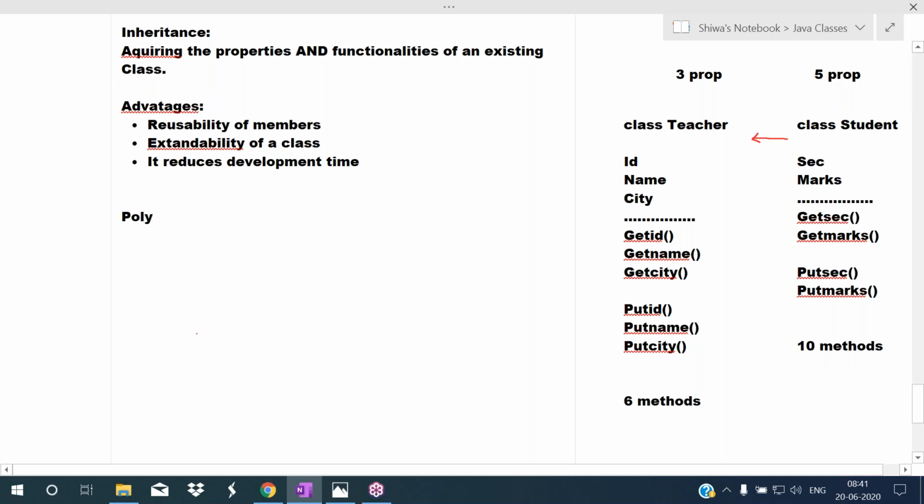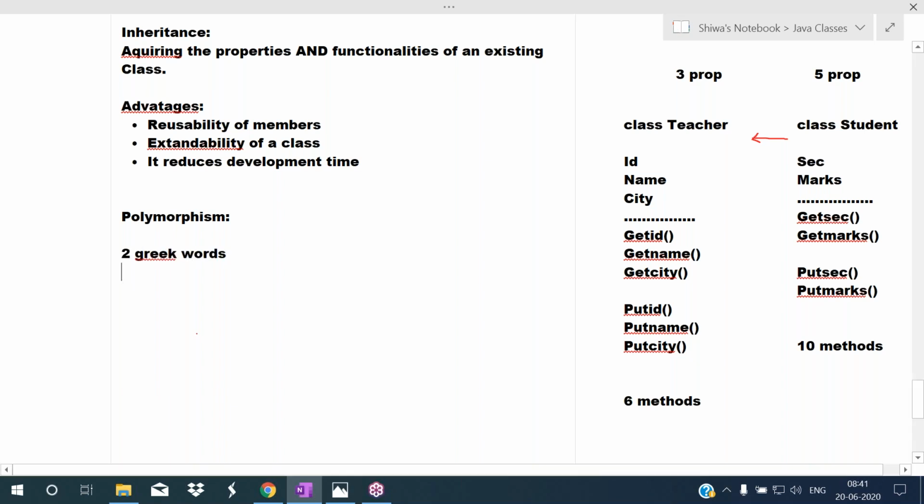The next OOPS concept is polymorphism. Polymorphism is a derived word. Some English words are derived from the Latin language, some are derived from Greek. Polymorphism is derived from 2 Greek words.